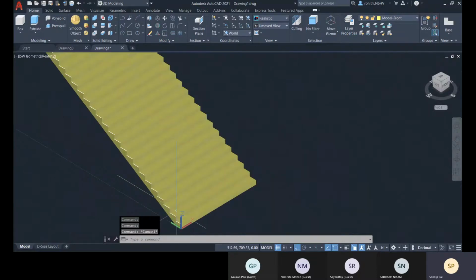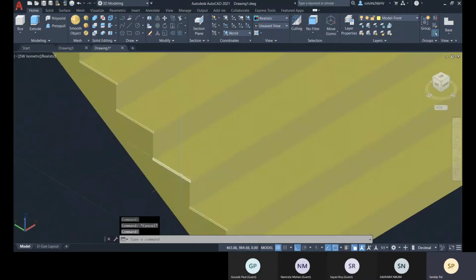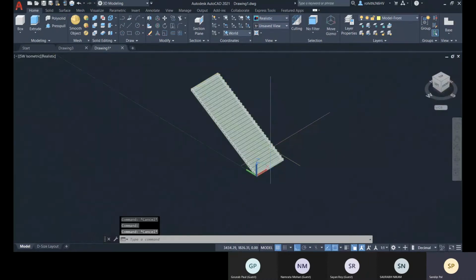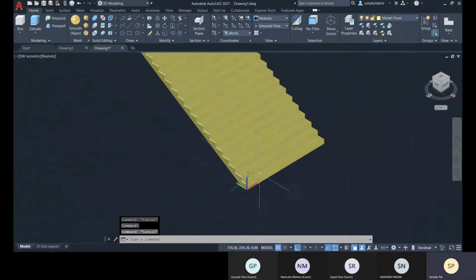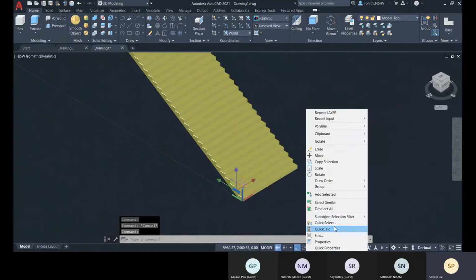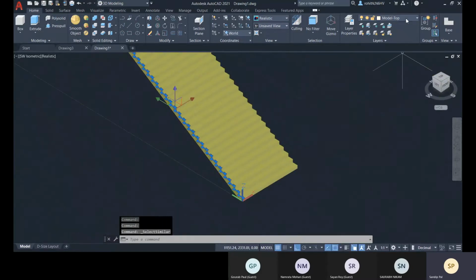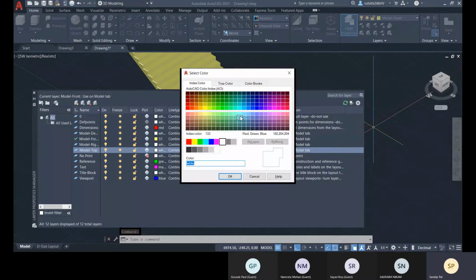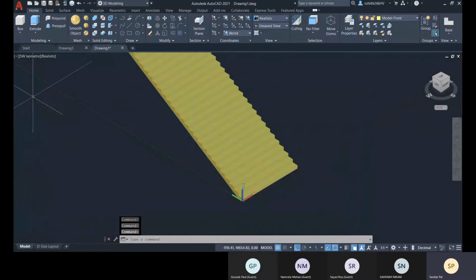Sorry. Okay. Just a minute. Let me select all of this. Select similar, that is model top, and I have to change the color for model top. So for this, let me do this.